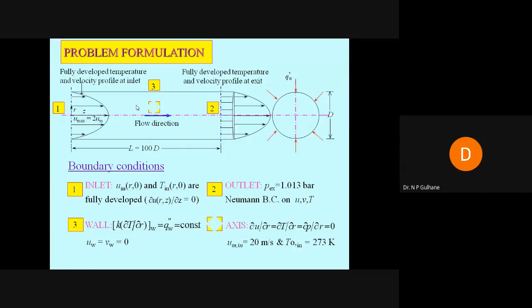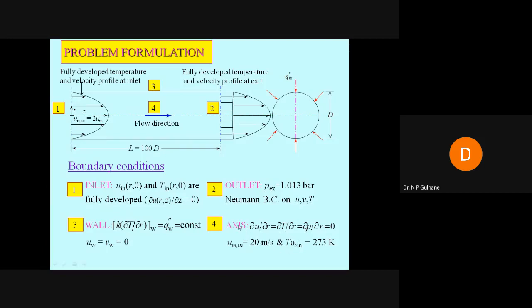And the fourth boundary condition, which we refer to as the axisymmetric boundary condition. So we have to apply boundary conditions at the axis. We call it R equals 0. At this R equals 0, symmetric boundary conditions are applied. And here radial velocity is 0. Means gradients of U, gradients of P and gradients of T, that is del U by del R, del T by del R, del P by del R, gradients of these three will be almost zero due to symmetry, right? So hence we have equated this to zero.